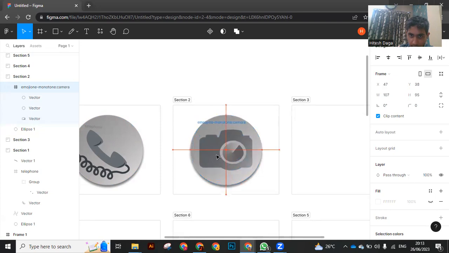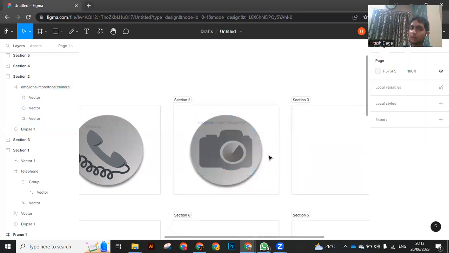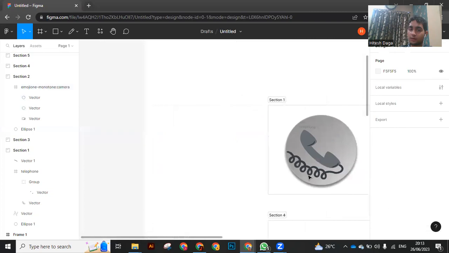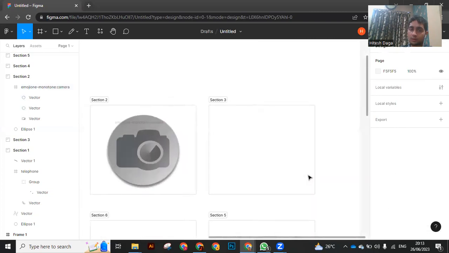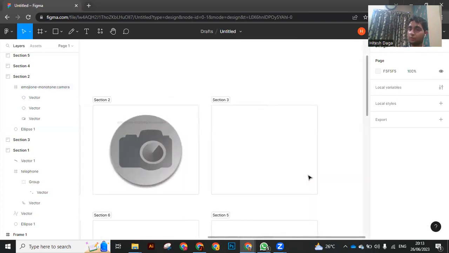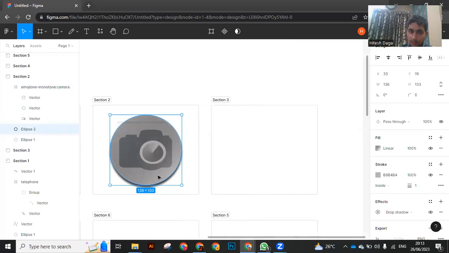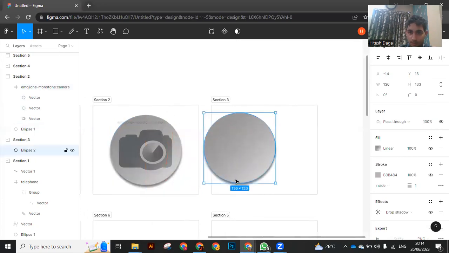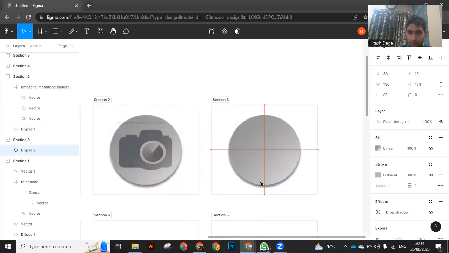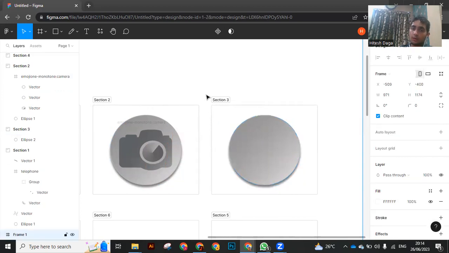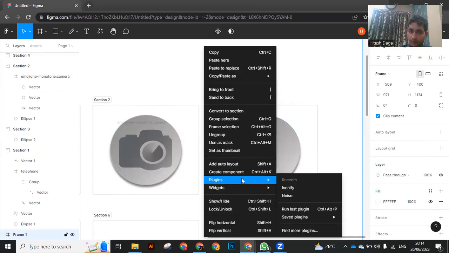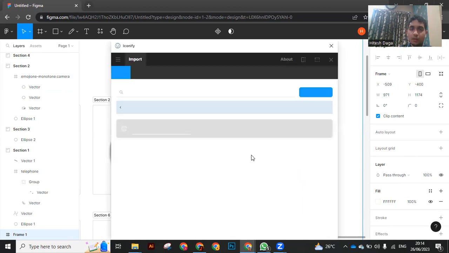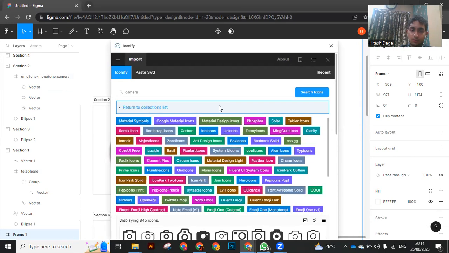Perfect. Thank you. I am going to go with another icon. And the third one on the list to go forward in section 3 is the gallery. Exactly. So we will copy paste the ellipse. So go ahead and send the section. And now again go forward for icon 5. This time, I am going to go with